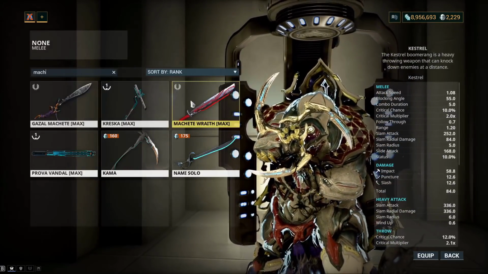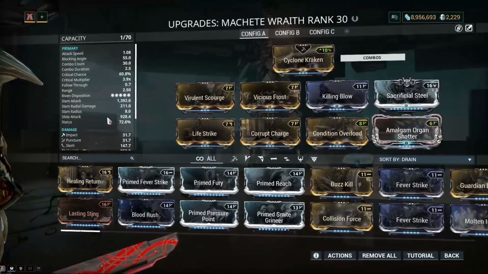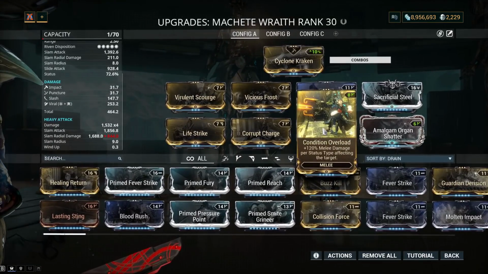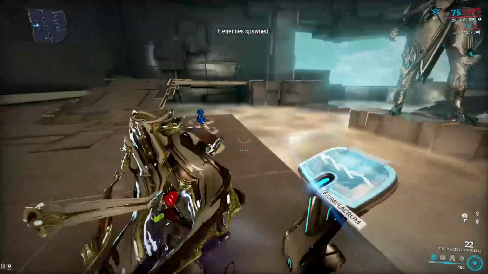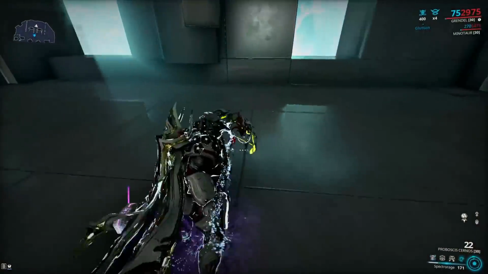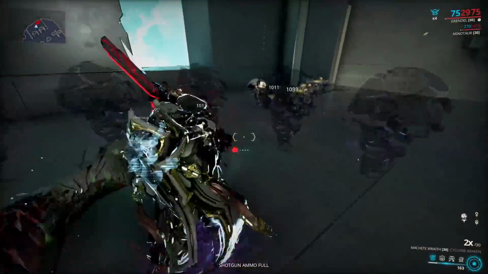Something that strikes my fancy is something like Machete Wraith. Why not this one? So machetes have a spin to win heavy attack. Here I have kind of a weird hybrid heavy attack build featuring condition overload, because it will hit 4 times and inflict pretty significant status. So I'll show you, if you swallow a bunch of enemies and then you spin to kill them, then it can be a pretty elegant little combo if you end up close to the enemies. So we eat them all, circle, barf them, and then take out the machete and...